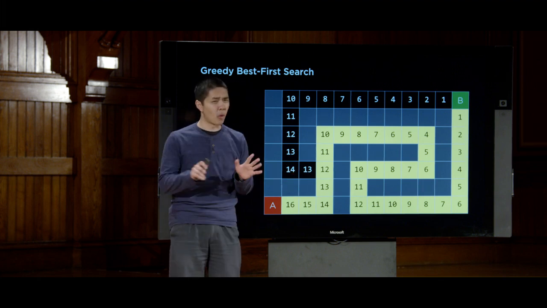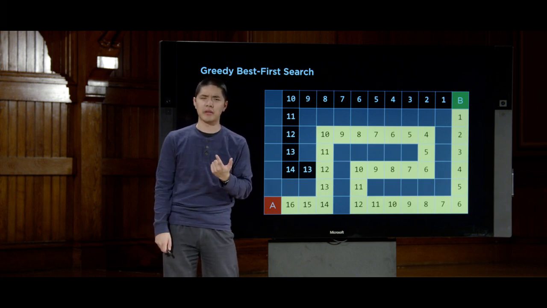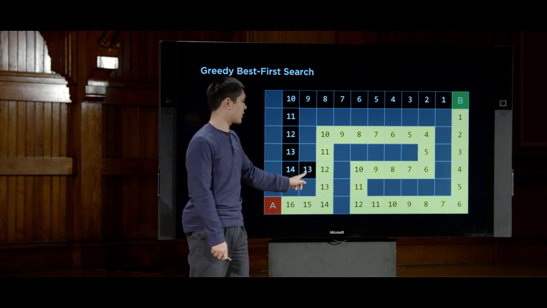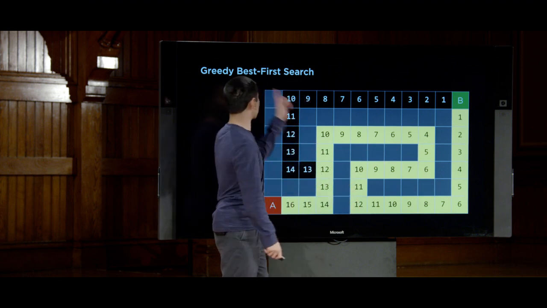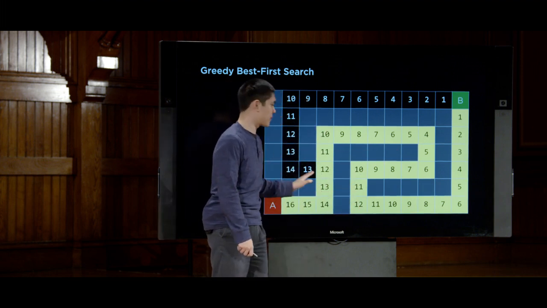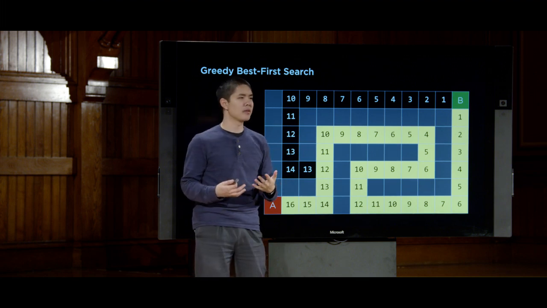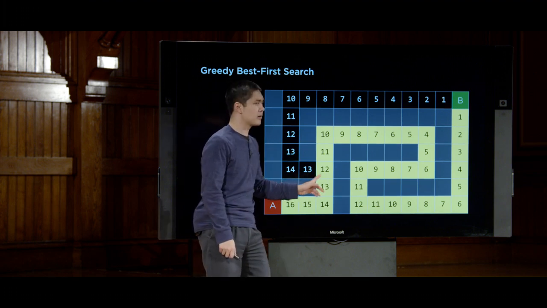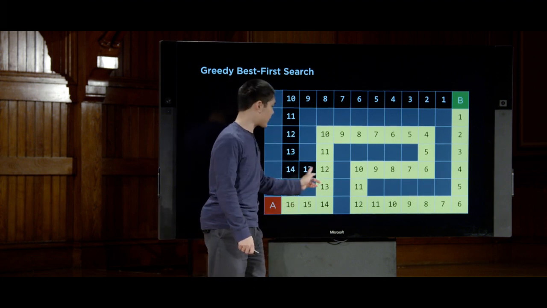And yes, 13 is more than 12, so it looks like it's not as good, but it required far fewer steps. It only took 6 steps to get to this 13 versus many more steps to get to this 12. And while greedy best first search says, oh, well, 12 is better than 13, so pick the 12, we might more intelligently say,